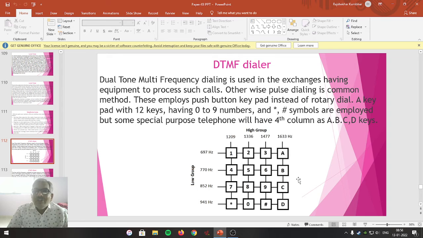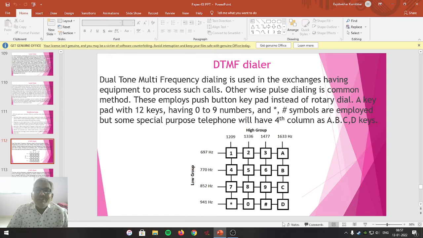And at present we are using the extended keyboard as the DTMF dialing system. They have multiple frequencies assigned. For rows 697 Hz to 941 Hz, for columns 1209 to 1633 Hz.